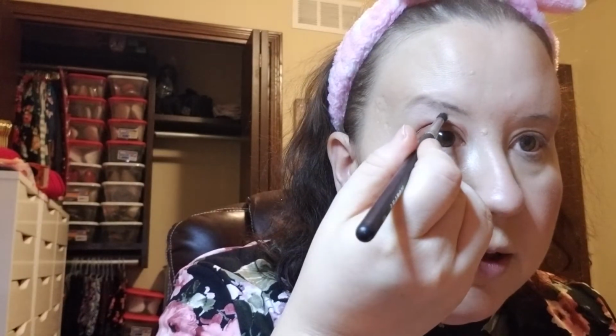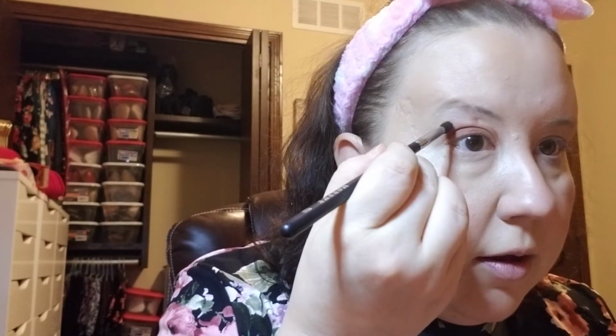So I've already got a little bit of a crease going on there. I'm going to go in with my technique for the crease. I'm using my Morphe M506 crease brush. I'm going to go in with the next darker shade, which is Tropic Like It's Hot. And I'm just going to get a dot there, put it here, and then same thing over here. Put a dot here,